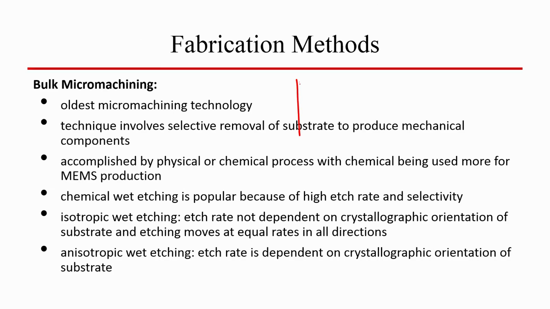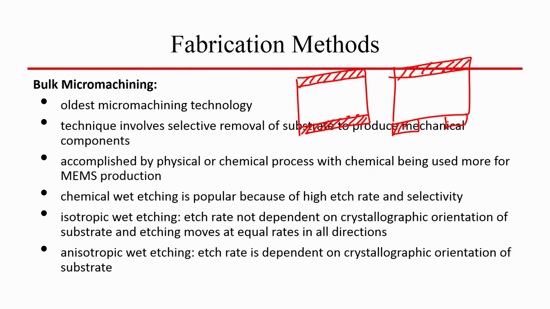For example, if I have the silicon substrate, let us say oxidized silicon substrate, and I want to create a diaphragm in this oxidized silicon substrate, then I have to create a window from the bottom, right, window from the bottom. That means I have to etch the silicon dioxide from the area where I want to etch the silicon wafer. Now, what I will do is I will etch this wafer so as to create a diaphragm, right.